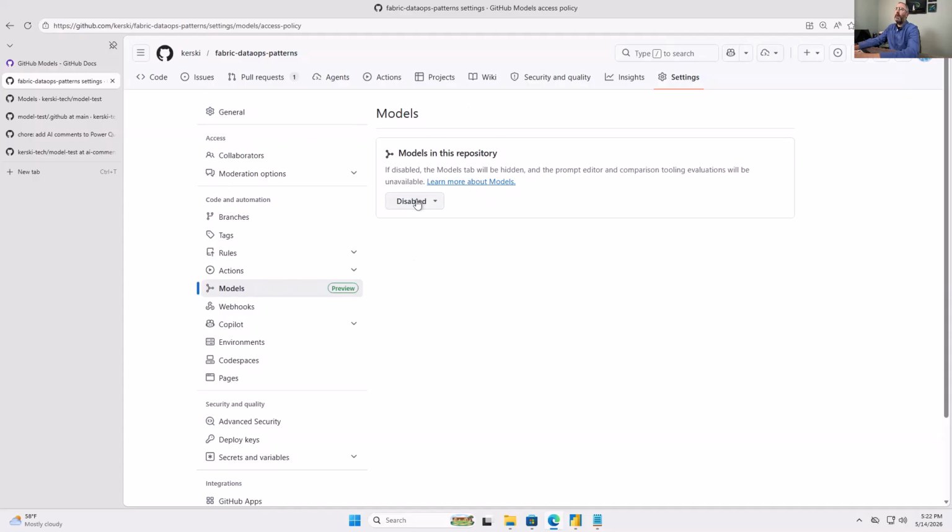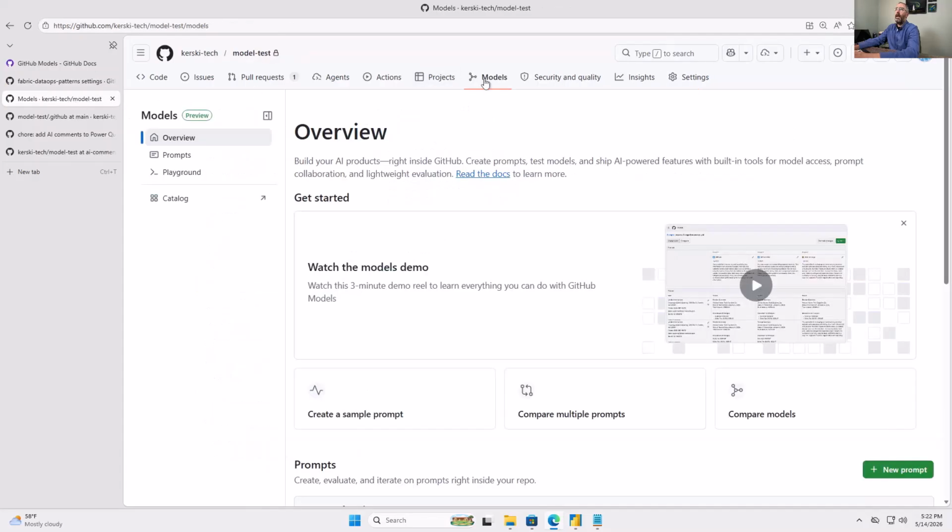And at that point, a new button up here will appear that you can click on. Now, for enterprise users, your organization owner or your enterprise administrator will need to enable that as well. At the enterprise level, there are a lot more features on which models you can turn on, which ones you can turn off, and other capabilities. But we're going to operate with the idea that it has been turned on and we have access to most of the models. Now, when I go and click on the Models button,